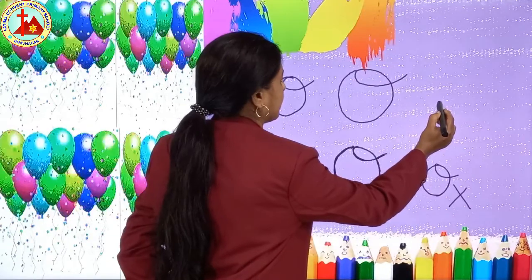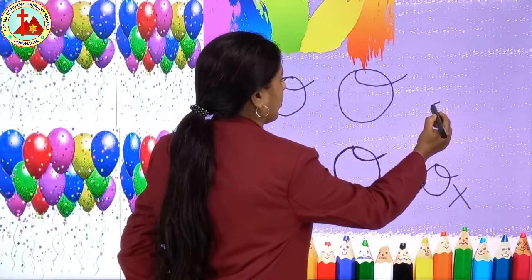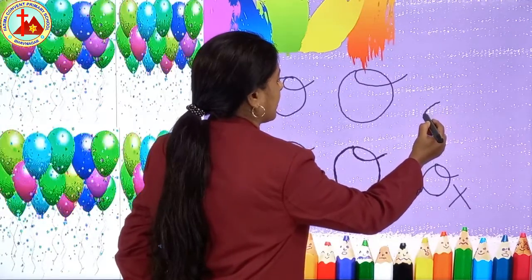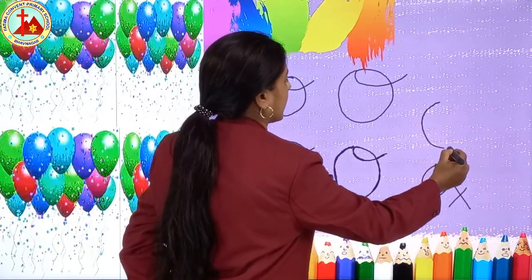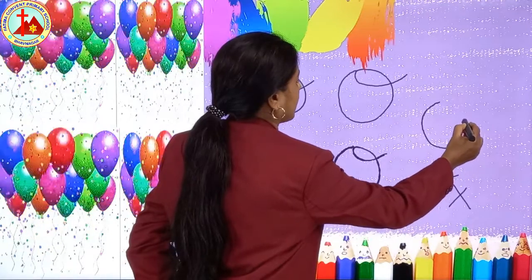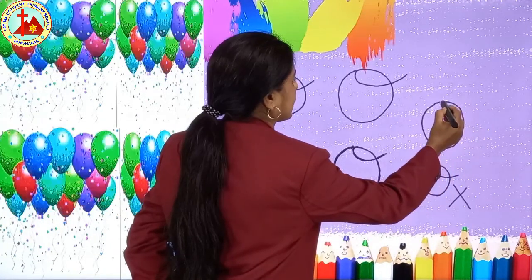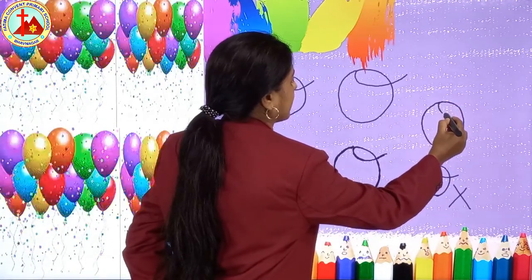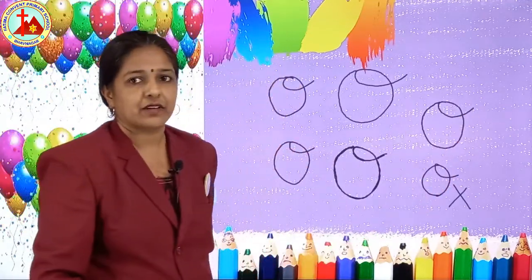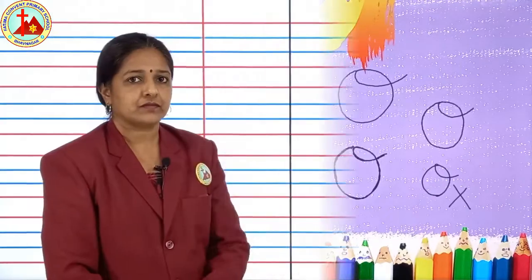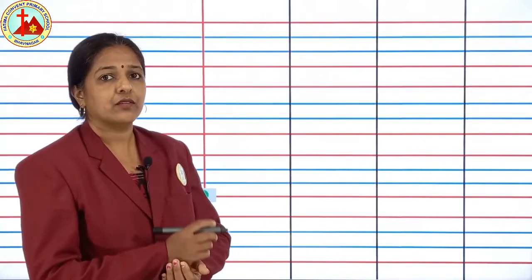You have to follow how Miss is writing. So be careful. Starting from up, take your hand down, curve. Again go up, and inside you have to make a curve and slide out. Cursive capital O. Now we will write in the 4-line page. We will learn to write cursive capital O in 4-line.